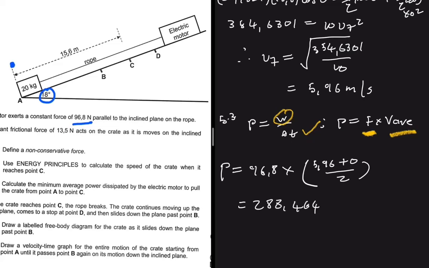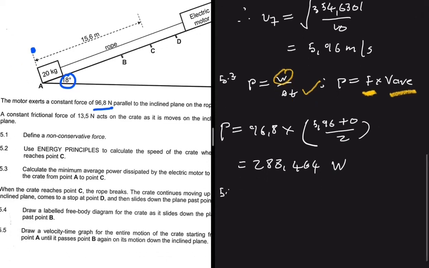288.46. What is the SI unit of power again? I think it's watt, right? So we're going to have that there. I'm very interested in how other people solved this problem, so please let me know in the comments what you did for 5.3. Then